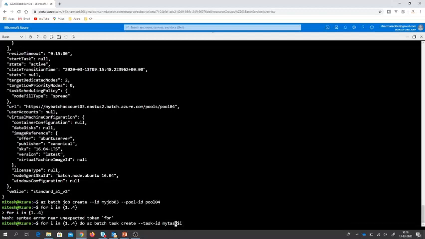I should add something to make it a bit specific, because I had this task ID before, so just to be separate. Job ID, what is my job? I just created this, my job 03, and then my command line, which is